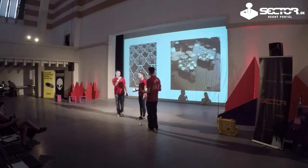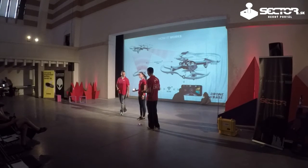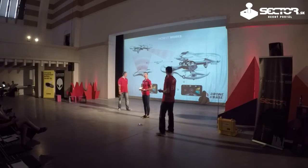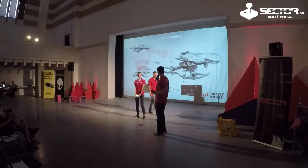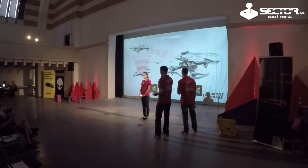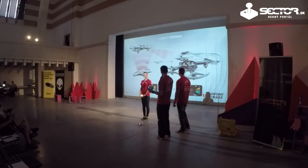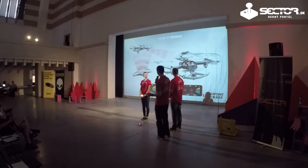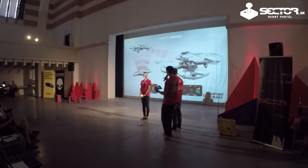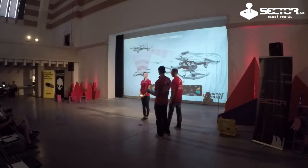Matusz will tell you something more about the system, how it works. So the basic communication between drones and base is via infrared light. Here you can see the base can be placed on the floor, and it shoots an infrared light beam upward, and the drone has sensors which detect that light beam, and it gives information to the drone that it is